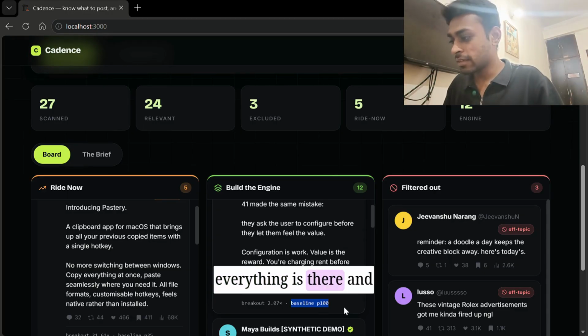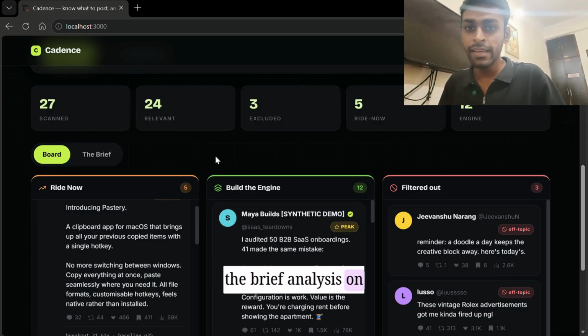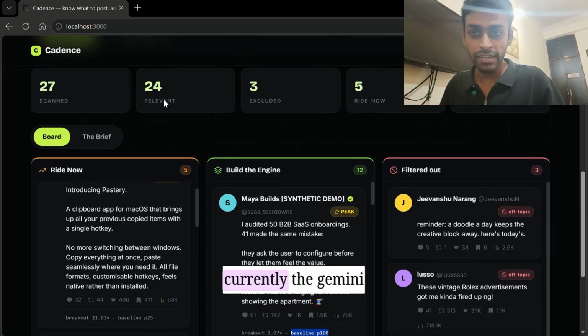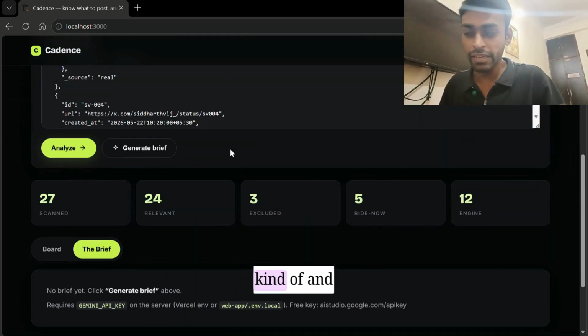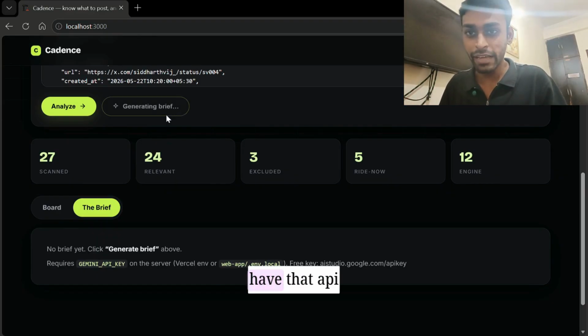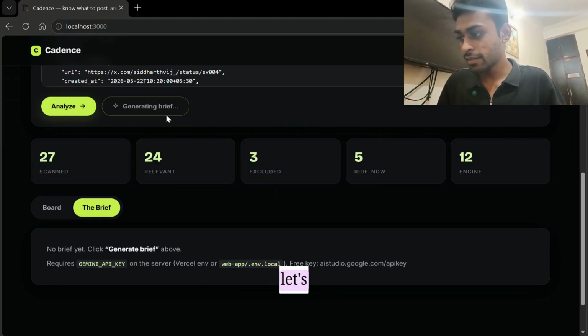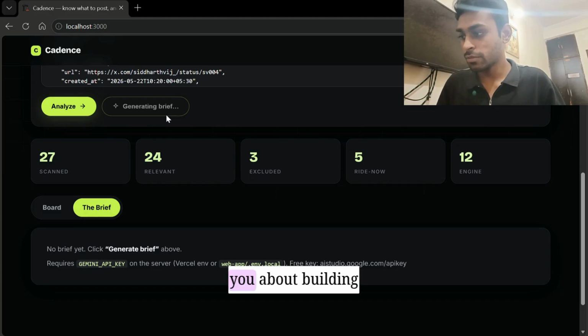Everything is there, and then we come to a brief. This is where the analysis part works, and you can generate the brief analysis. For the analysis, we are currently using the Gemini API, which is kind of free, and I'm not using the Claude one because I don't have API access to it. So let's wait, let it generate once. Apart from that, I can tell you, while it is generating,